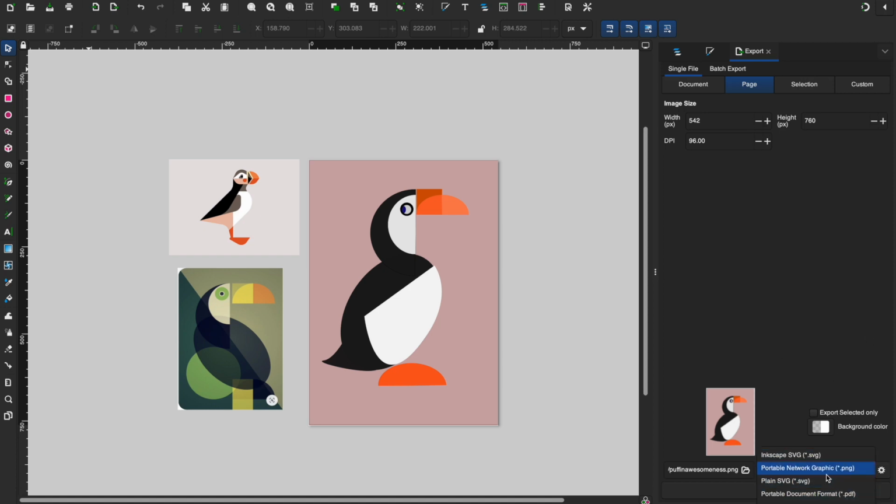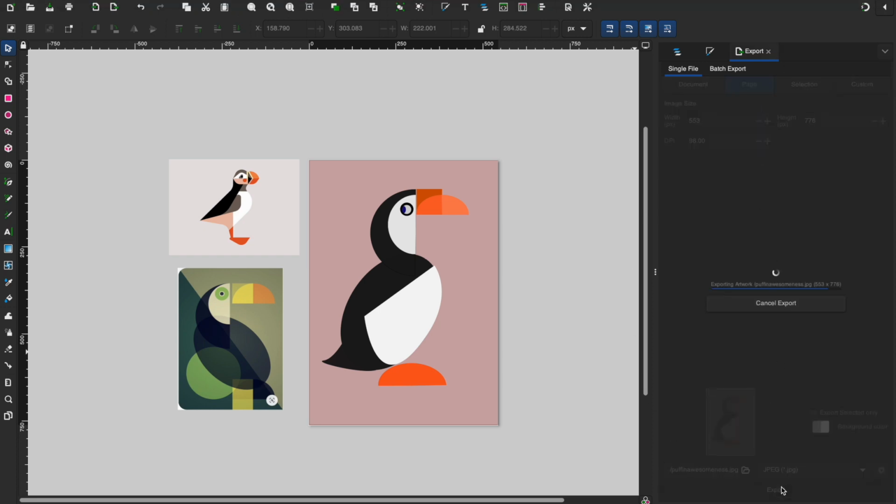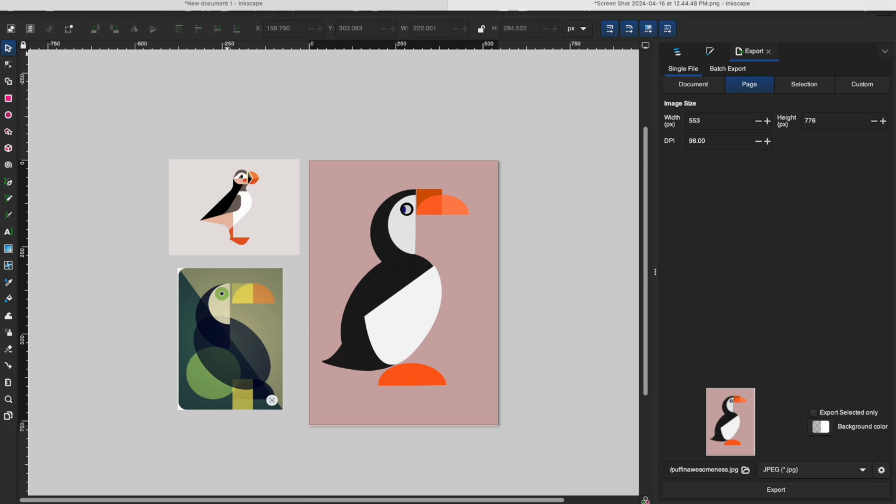And then you can also choose what type of file to export as. I would say JPEGs and PNGs are the easiest to open, but there's a wide range of documents you can open from. So I'm going to do mine as a JPEG. And just leave the image size and the height the way it is. DPI, this is like resolution. You can bump it up if you want. I don't have a strong preference, so that's kind of more of a personal choice. And then once you have everything set the way you want it, you're going to hit export, and that is done. And so now I'm going to find it,